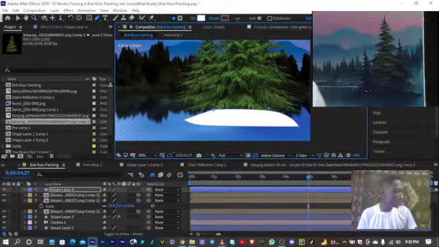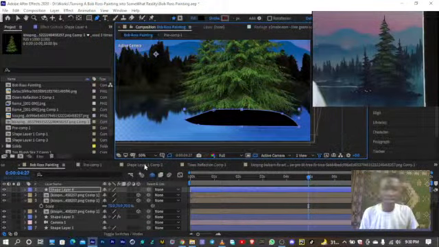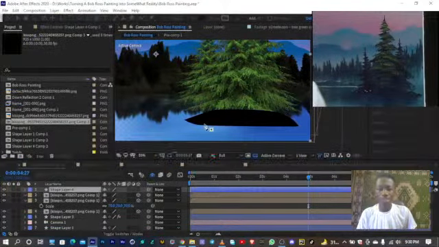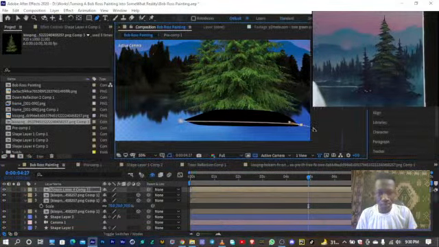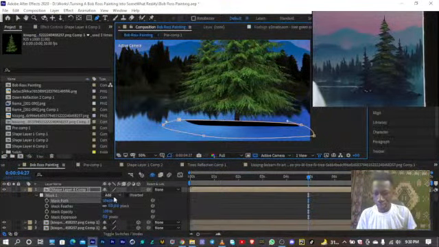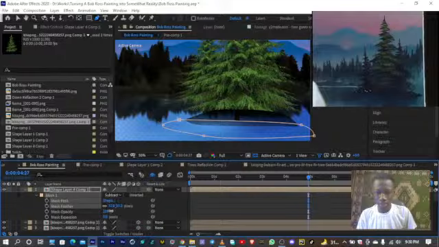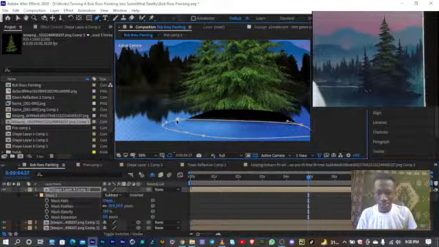Alright, so I'm sure this is okay. Then I'd like to change this to black because it's kind of a little bit dark there. But I'll alter this in the end. So I'm just going to pre-compose this here and just add a mask on it here. Then make sure that the mask is set to subtract, and I'll just feather it a bunch. Well, okay, I think this is okay. Then I need to darken my trees because